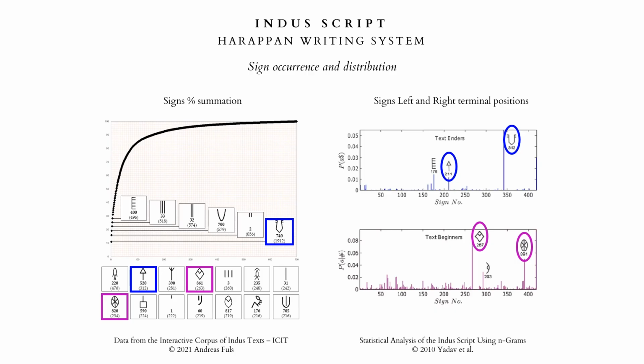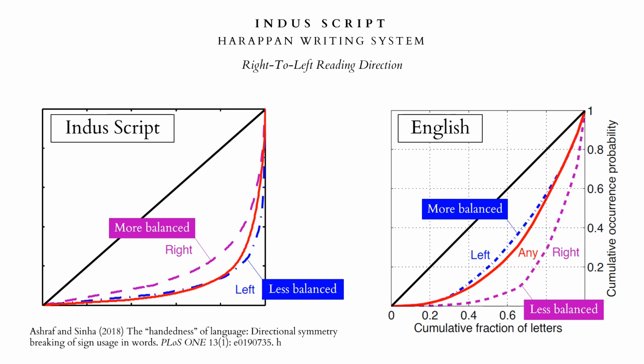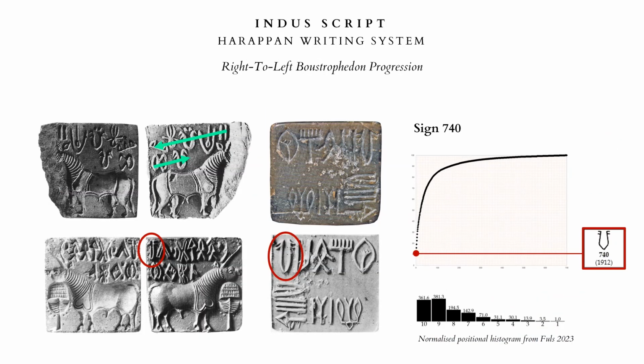The reading direction of the Indus script was initially inferred from the paleographic study of the progression and overlapping of the signs in inscriptions scratched on ceramic containers. Using this method, the Indus script was found to be consistently written and, therefore, probably read from right to left. The right-to-left reading direction is now also confirmed by the statistical analysis of the segmentation of the inscriptions. Exceptionally long inscriptions, organized in more than one line, show that the reading direction followed a boustrophedonic progression, thus from right to left in the first line, from left to right on the second, and so on.